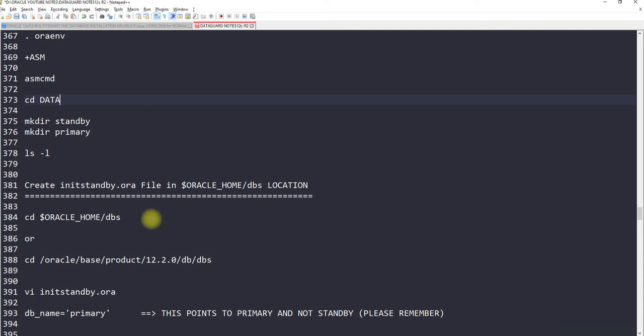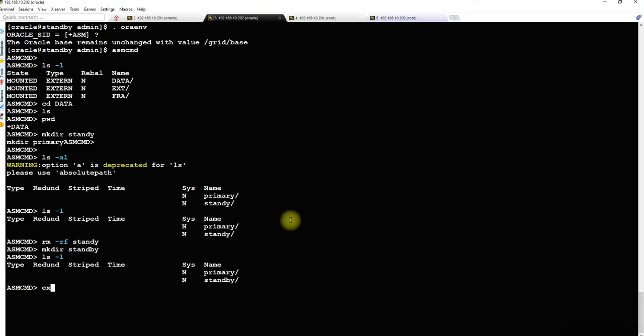Now we have to create an init parameter file on the standby as well, and this will have only one value, pointing to the primary database. So let's exit out of this and cd to the Oracle base product dbs.